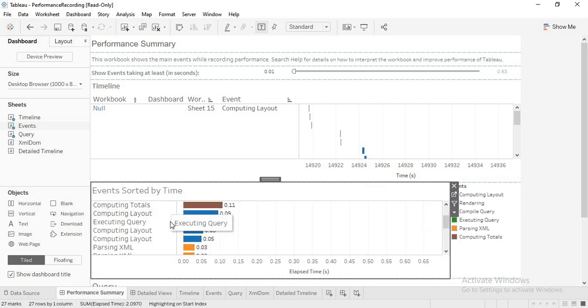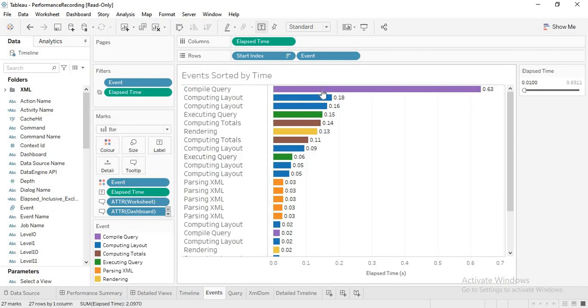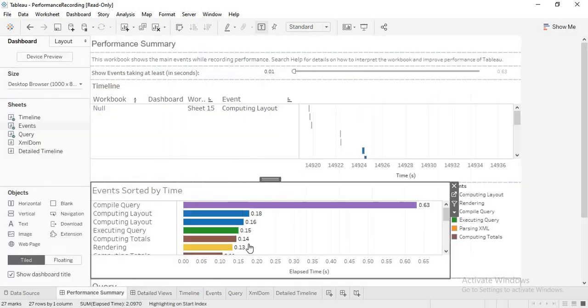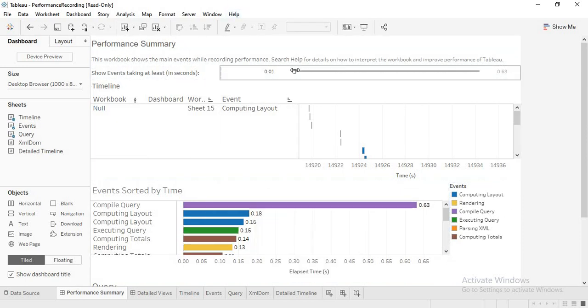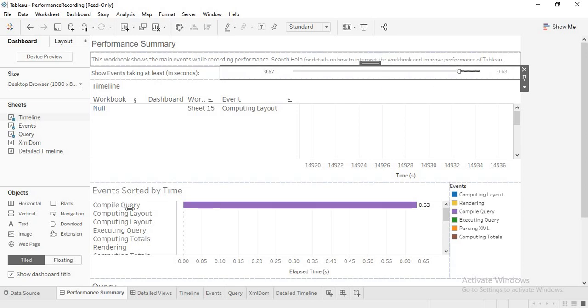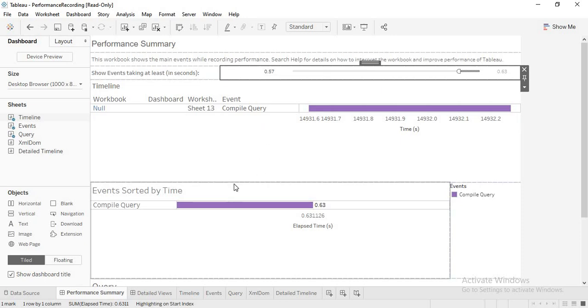So you will get a clear picture of what is happening. You can even go here and see what is actually causing that. The compile query is causing that issue. So you can see which is causing the query issues, and then you can address them. You can even filter out the faster tasks, since you are bothered about the tasks taking more time, and work on them accordingly.